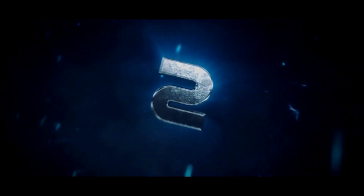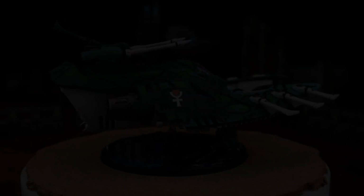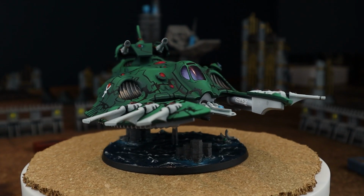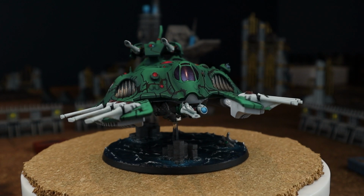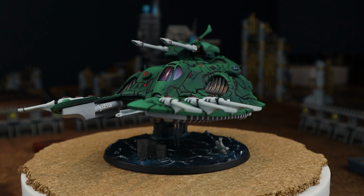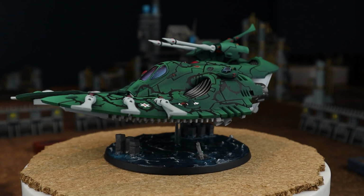Number 2. Taking the number 2 spot is the most recent model I've completed on this list, a Bealtan Wave Serpent. There is no conversion work here. I just find it deeply satisfying to see all the elements of a project take shape. From laying down the green gradients, for which the Bealtan project is making use of an airbrush, to applying the